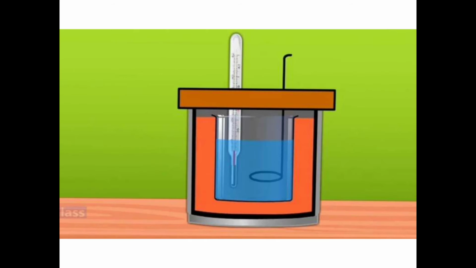Now next, what we are going to do: water at a fixed temperature is placed inside the calorimeter. This means that the temperature of the inner vessel and that of the water in it is the same. This copper part has blue colored water inside it, and the vessel and the water both have the same temperature, right? And now the temperature is measured and then a hot object is placed in the water.